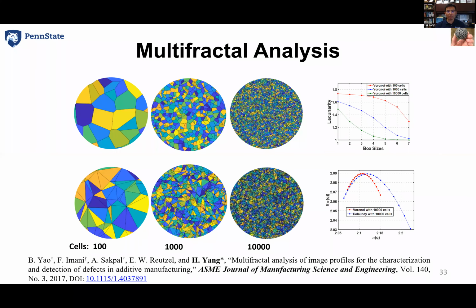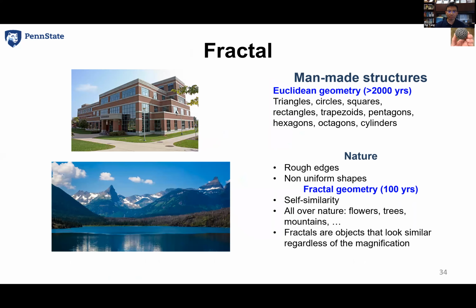Fractals are actually everywhere. So in this study, we divide each layer of the build into multiple scales. Then we look at what we call the Voronoi cells. So inside each scale, we look at what is inside this build. And then we zoom in again. Then we look at those characteristics and see how those patterns vary with respect to the scale. So this is basically the idea. We want to quantify the multifractal spectrum.